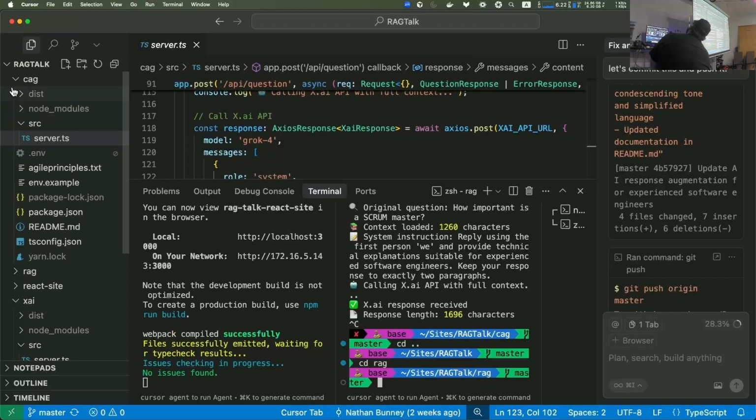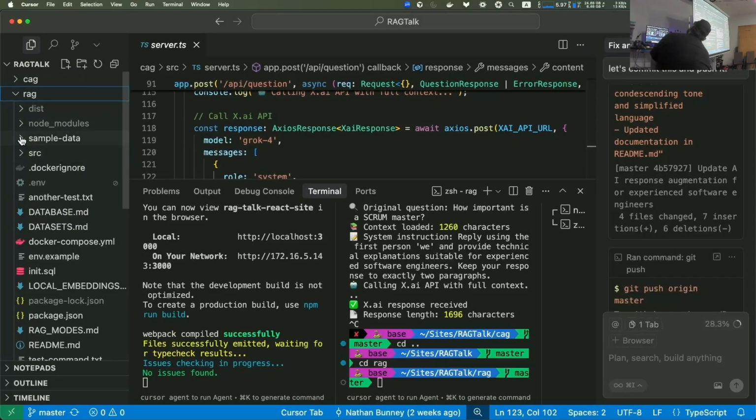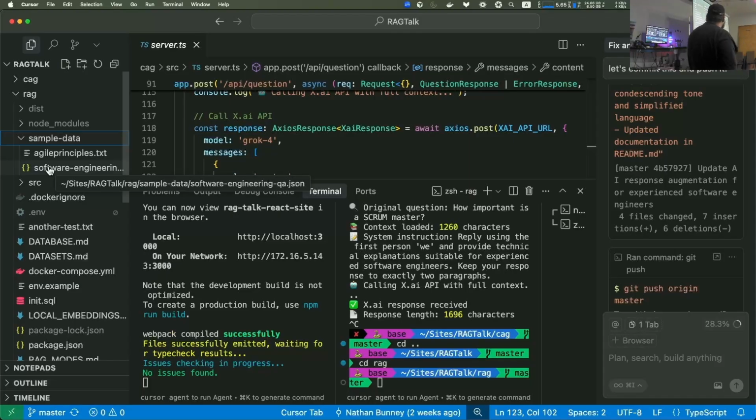Let's open this up. In sample data, I now have two things in here. Software engineering QA, some real, like 26 questions and answers from software engineers. Pretty basic stuff.